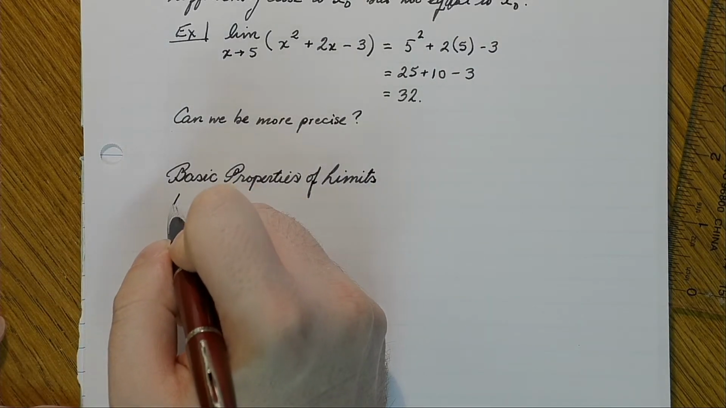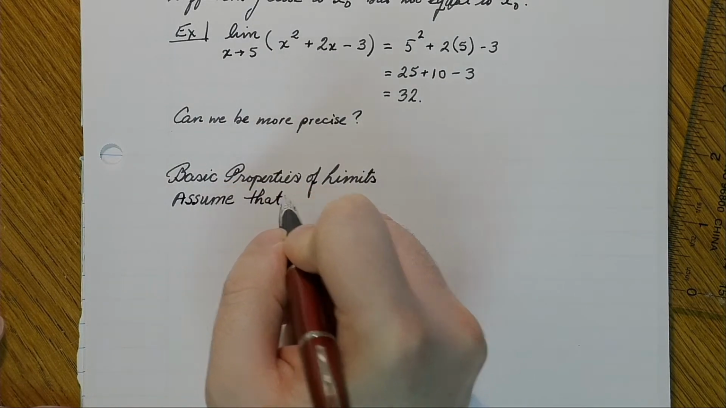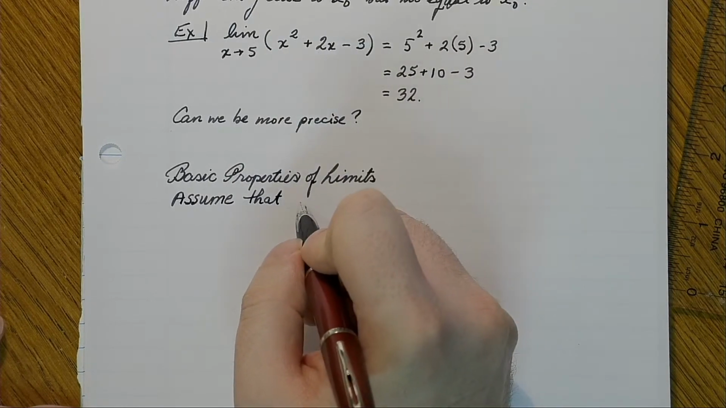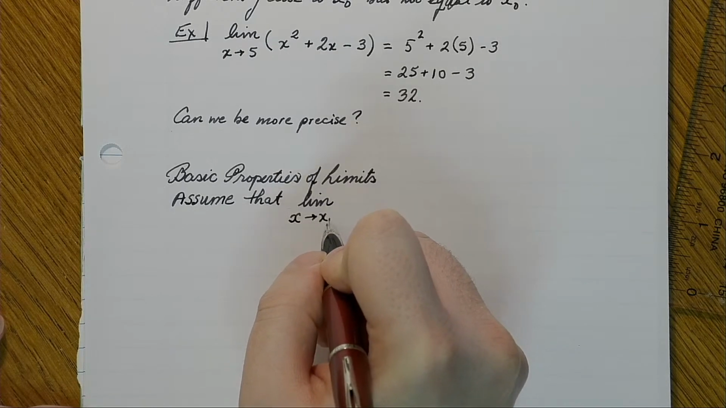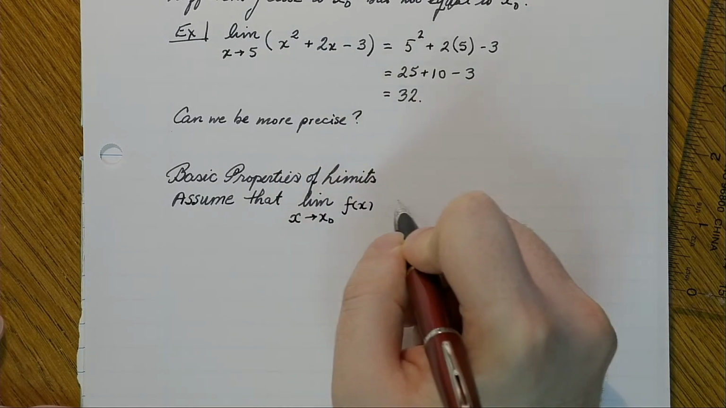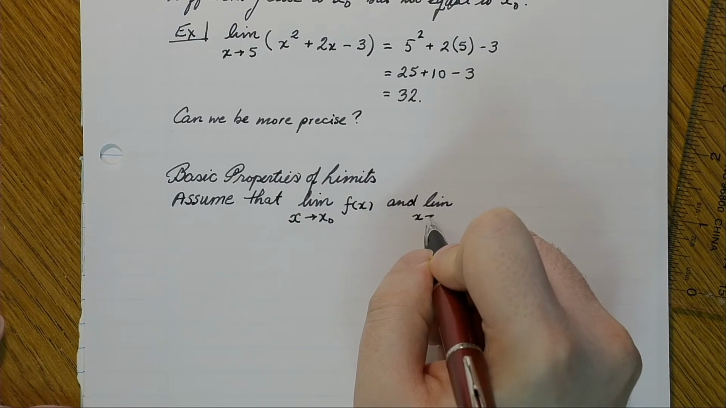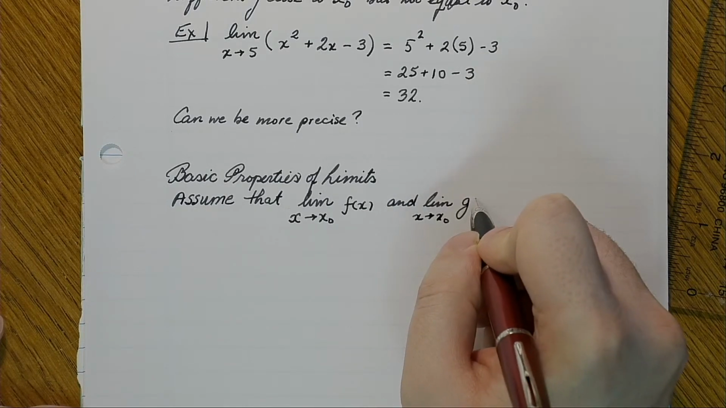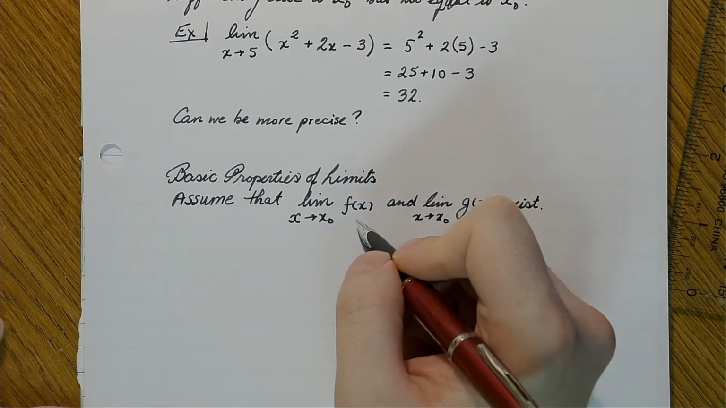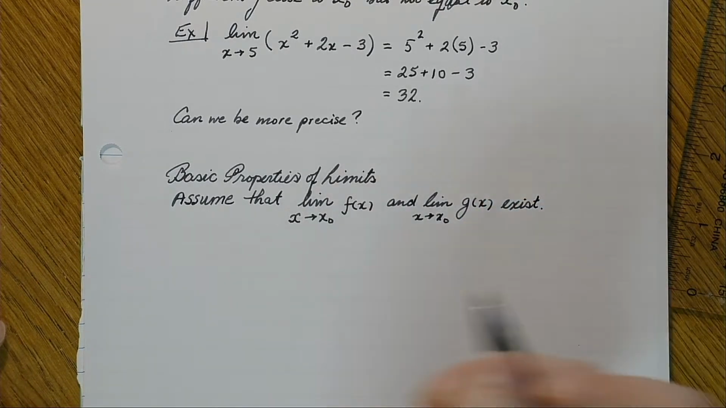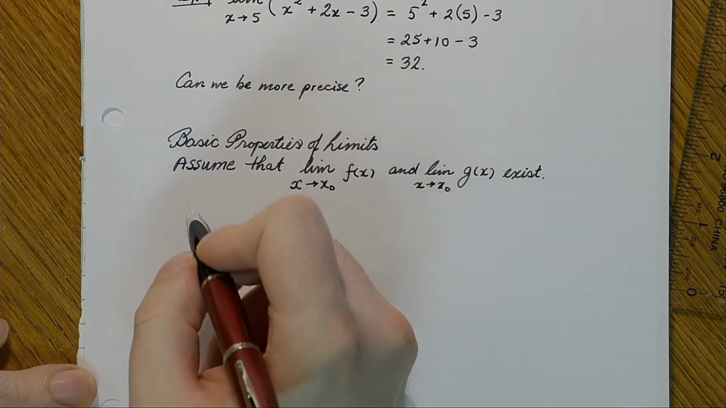Okay, and the first thing we're going to do is assume that the limits of f and g exist. So I have two functions, f and g, and I'm going to let them approach x naught. So we have a sum rule, which is kind of nice